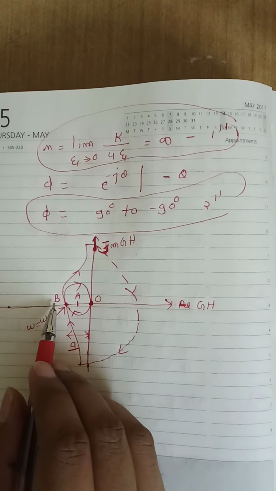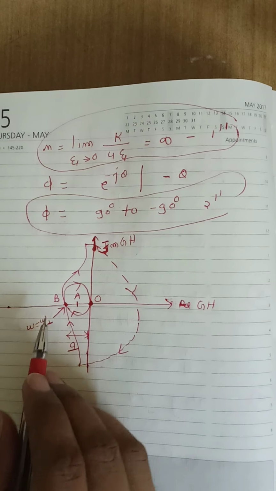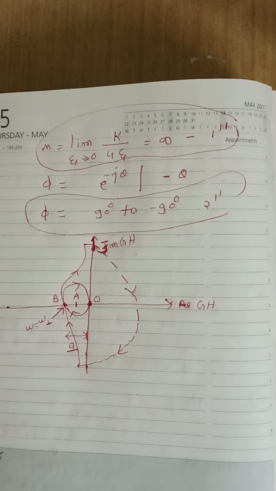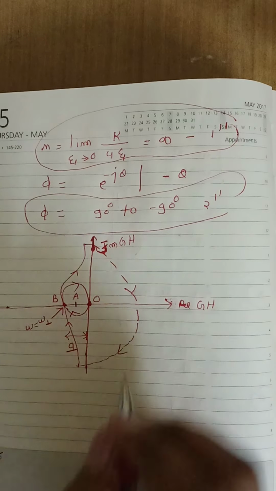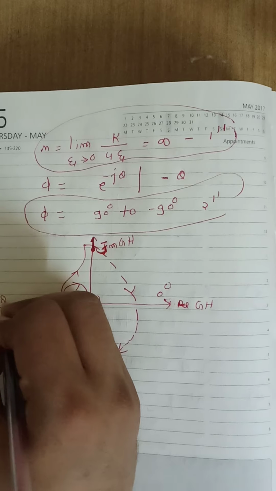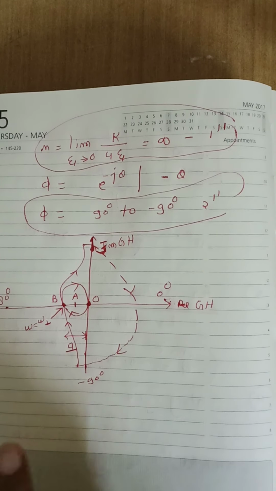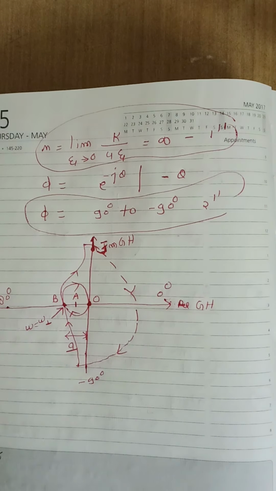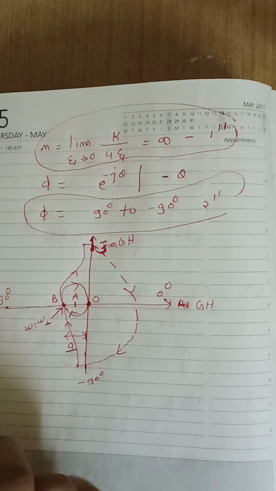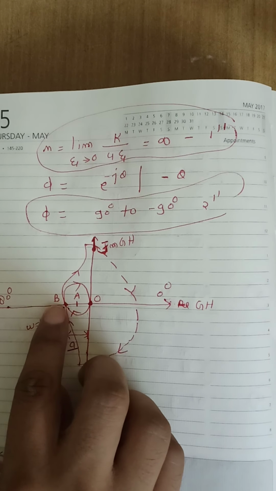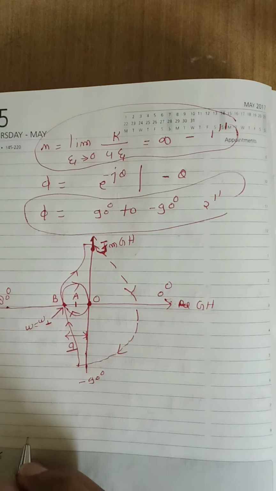So at B point we can calculate the value of omega 1 according to the phase angle equation, or according to the second equation. So this is the 0 degree line, this is the minus 90 degree line, this is the minus 180 degree line. So you can say the polar plot will intersect the minus 180 degree line. So you can calculate the value of omega at point B according to the phase angle equation.